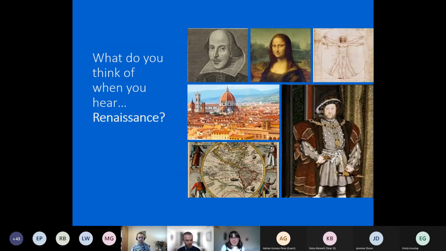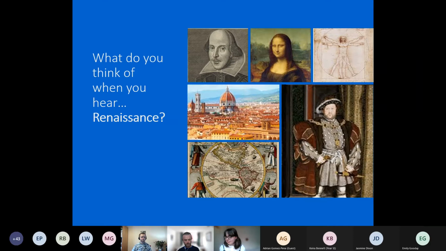These texts had been largely unread in the period just before, which we call the Middle Ages, but actually a lot of people in the Renaissance called the Dark Ages, because they felt that this was a time where people almost regressed from the heights of the classical era and didn't really engage with these big cultural ideas and questions that the ancient Greeks and Romans were really interested in. So the Renaissance then was a movement to bring back these